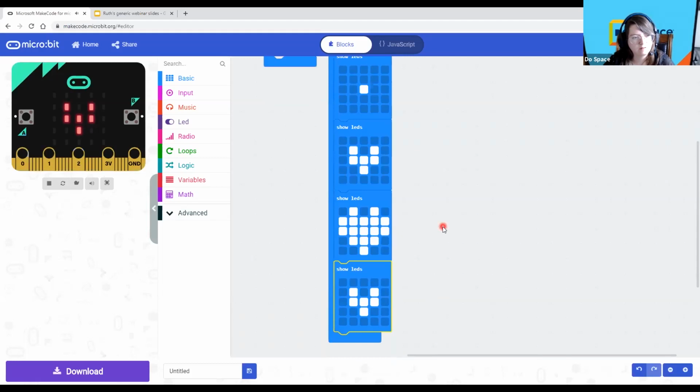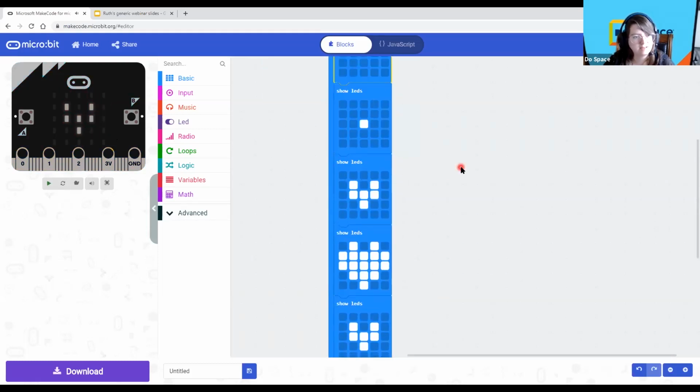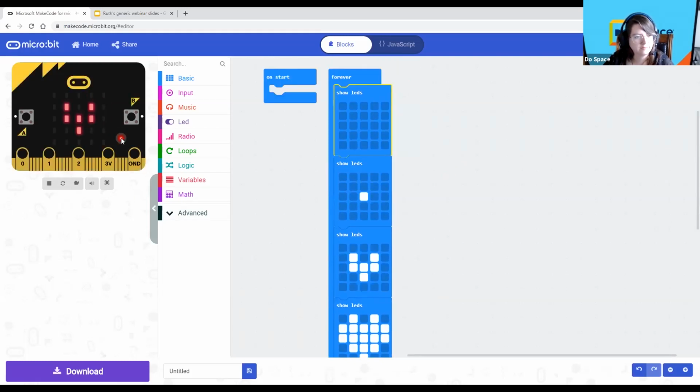There we go. And now it's kind of growing and shrinking. And then I'm going to duplicate another, and then another one. So it has a little second where it's completely gone on the screen over here. There we go. So I'm going to give some people some more time to get used to using this,